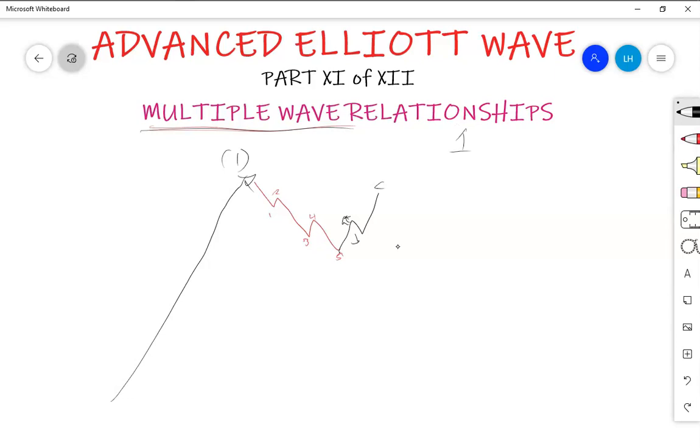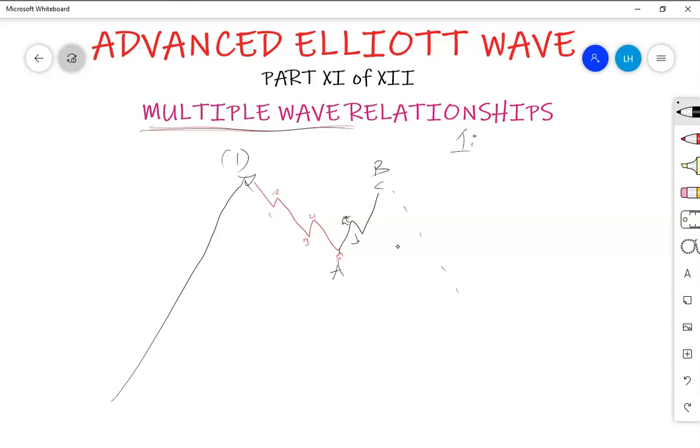So now the first type of relationship, if you need to trade a zigzag, now you need to trade wave C. Now when this was completed, this was just wave A, and ABC to the top, this was wave B. Now we need to trade wave C down. So now the first type of relationship, or the wave ratio, that we are going to look at here